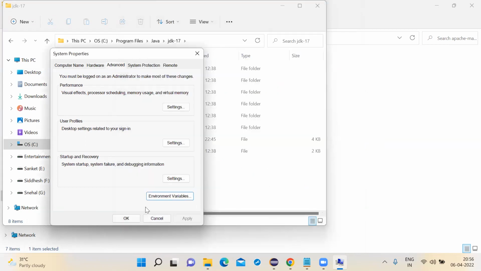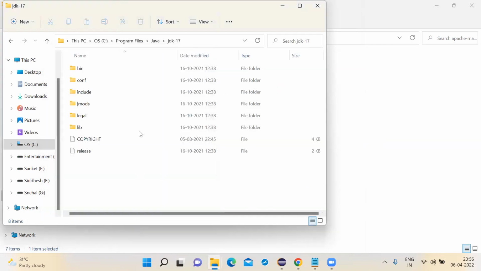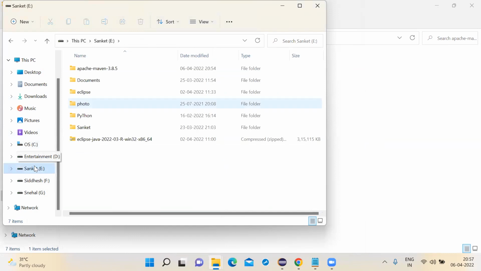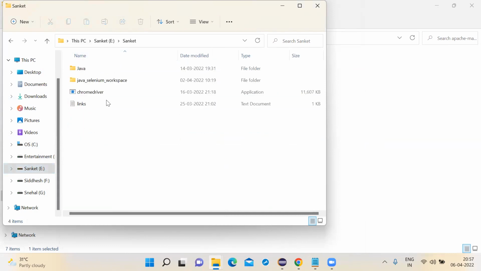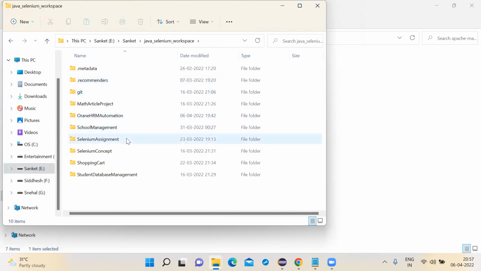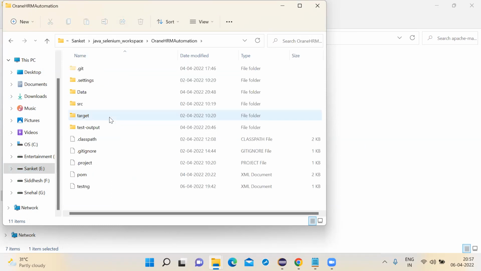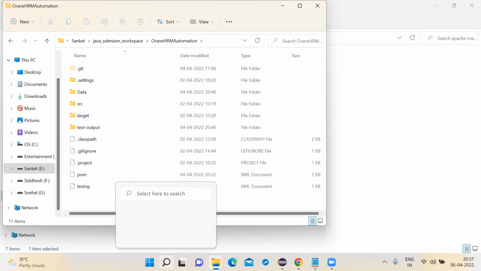Now go to the project folder. Go inside the project, go inside the space, Orange HR. Go inside that. Click in the address bar and type CMD.